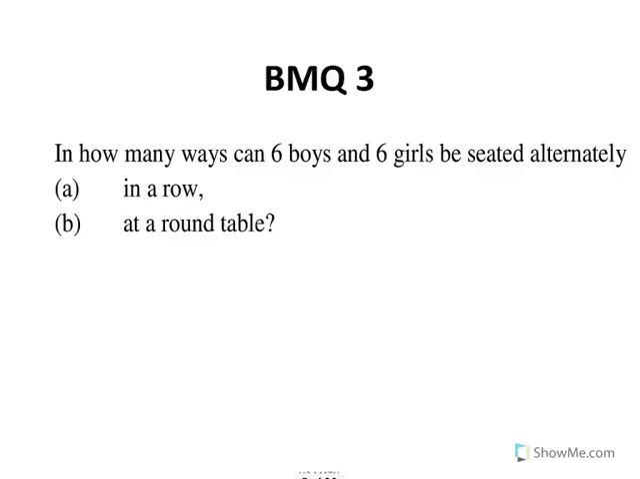How many ways can 6 boys and 6 girls be seated alternately in a row? Okay, so here we need to consider cases. Now, case number 1. Because if we alternate 6 boys and 6 girls, so for example, this, let's say